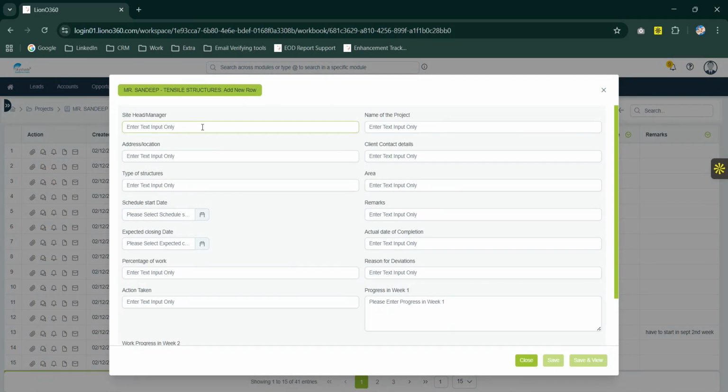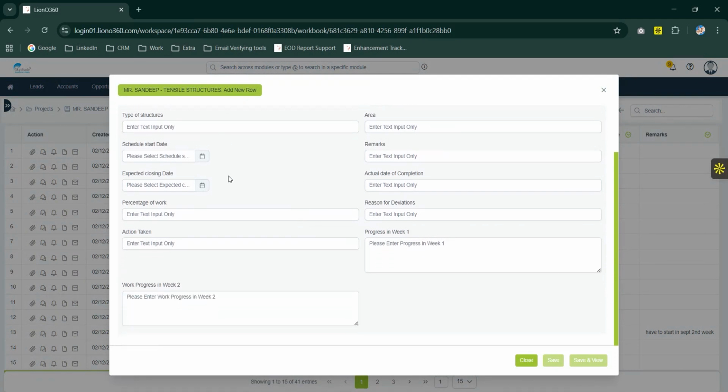Here you have all the input fields. Enter the values, whatever values you want to enter. Select any particular date you want to enter here. Once all the values are entered, just click on save and a new row or detail will be added